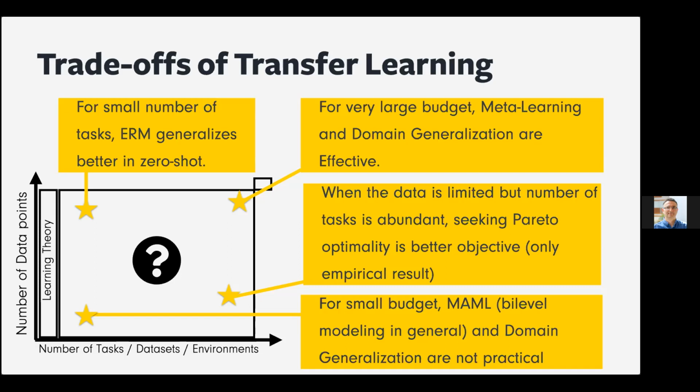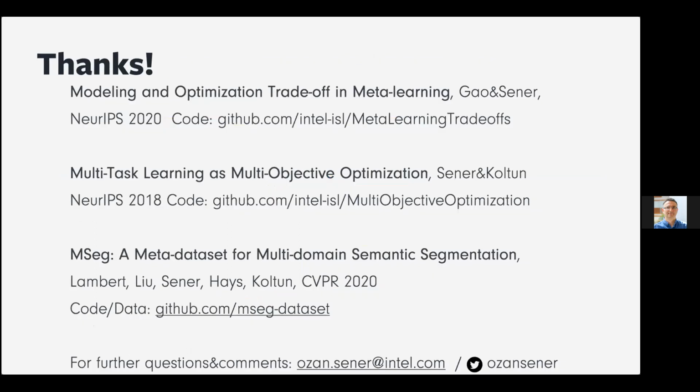And if you're in the case that you have lots of data points and lots of tasks, I think at this point, everything is in play. Almost all the existing algorithms will work, because at this point most assumptions become reasonable from an empirical perspective. So I think that's the main talk, and thanks for it. I can now answer questions, and all the code and the papers, everything is online.